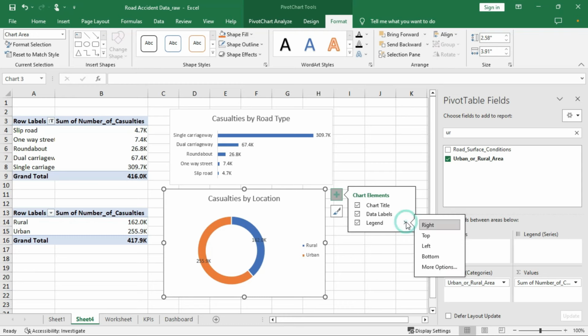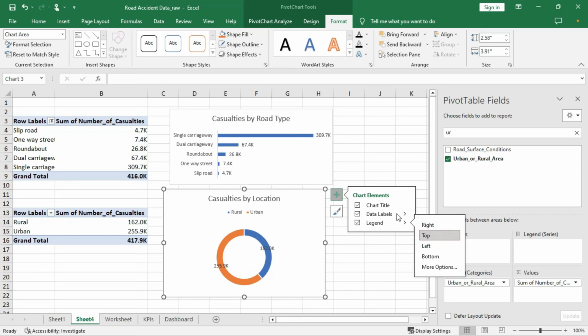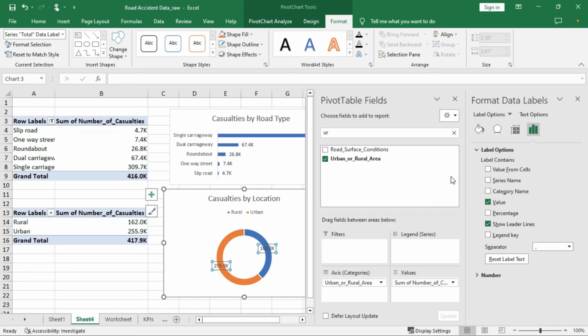Then the legends, I'll put it on top. Data labels, let me make it... Okay, so you click on the arrow here, then you choose more options, because I want to use the value and the percentage as well. So when this format data labels pane opens, you choose percentage from here so that you have both the value and the percentage. Okay, so I'll now close this,